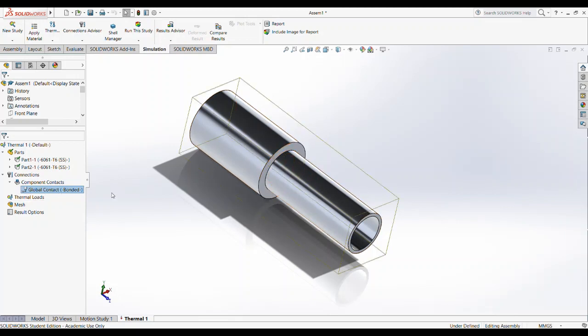If this was glued, then you'll have to put a connection in here that says there's actually a glue there, and then you have to come up with a contact thermal resistance for that glue. If you remember from one of our chapters, I think it was chapter 3, we come up with contact resistances. But right now we're just going to assume they're bonded. So close that. Now we go to thermal loads, and you're going to have to right click on thermal load,